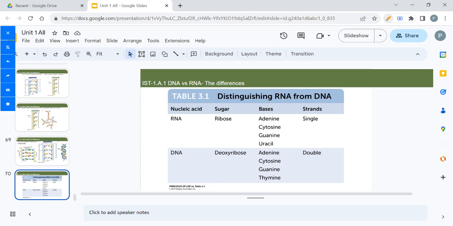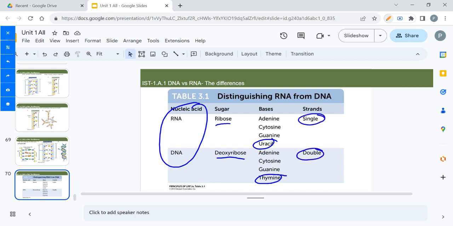Just letting you know, your nucleic acids for RNA and DNA, your sugar, the bases, single-stranded versus double-stranded. That's pretty much it, everybody. All right. That's literally it for this section. The only other thing you might want to keep in mind is